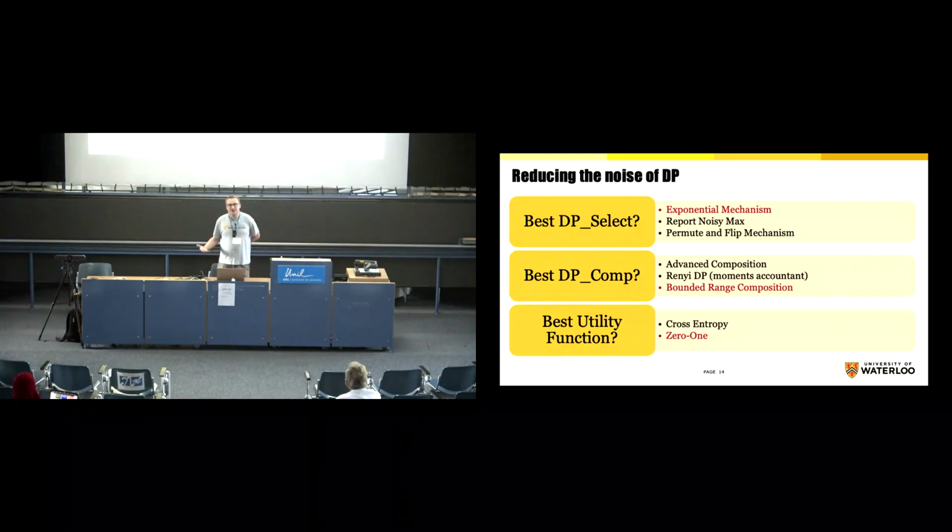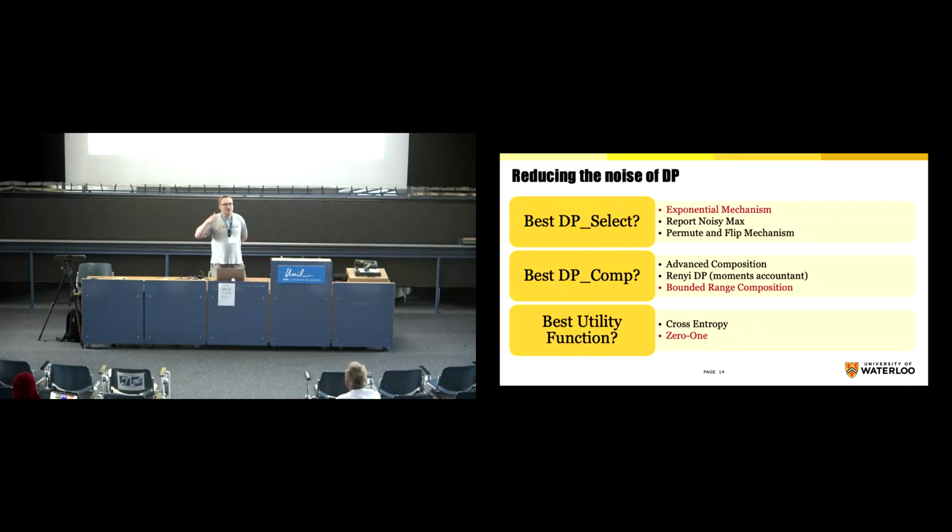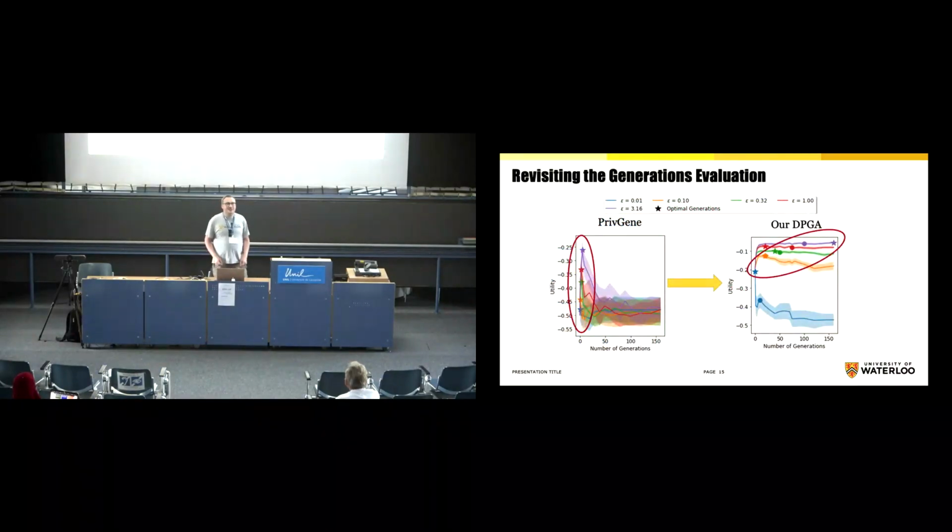So usually you'd use something like cross-entropy loss for machine learning, for example, but GAs can optimize the accuracy or the 0-1 loss directly. And that's a counting query, so it's got nice low sensitivity. So basically, these three choices I have in red turned out to be the optimal ones and gave us a nice advantage. And so with that and all of our operators, we reevaluated, and you can see this is the